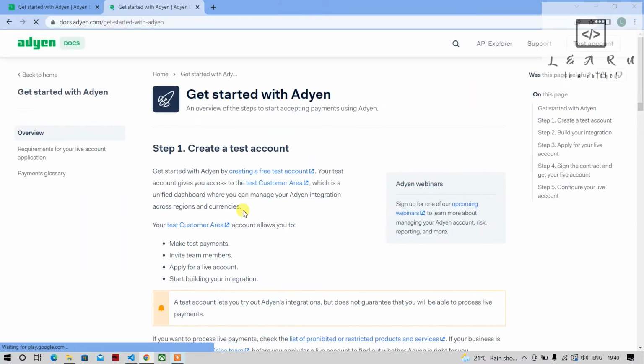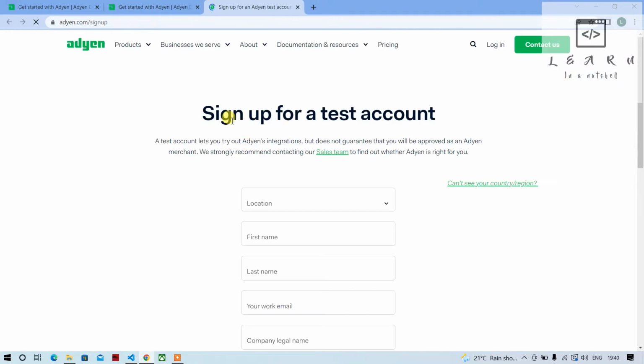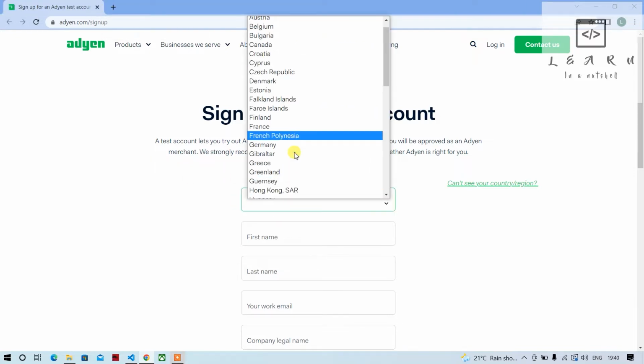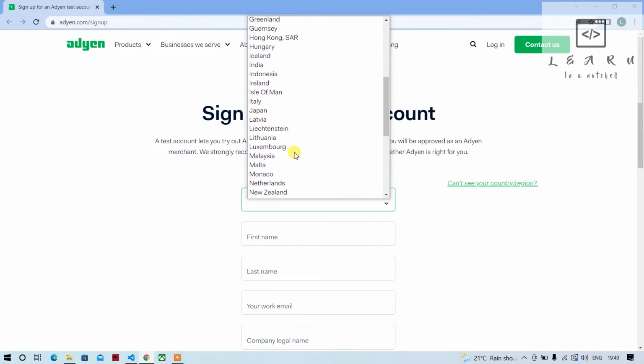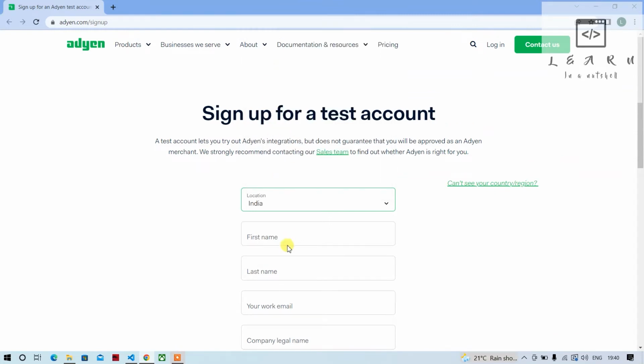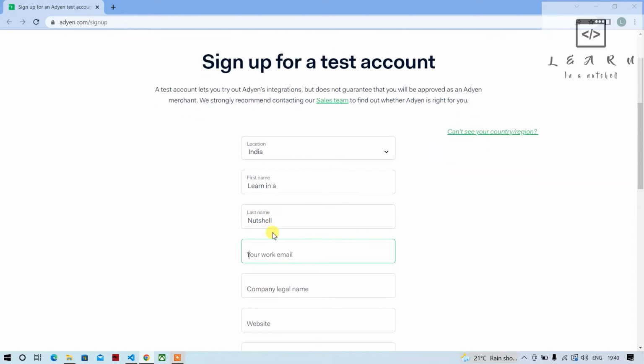Click on get started with Adyen. Then there is a link which takes us to a free test account. So we can select this, and provide the location as India, and provide Learn in a Nutshell. Let's provide learn in a nutshell at